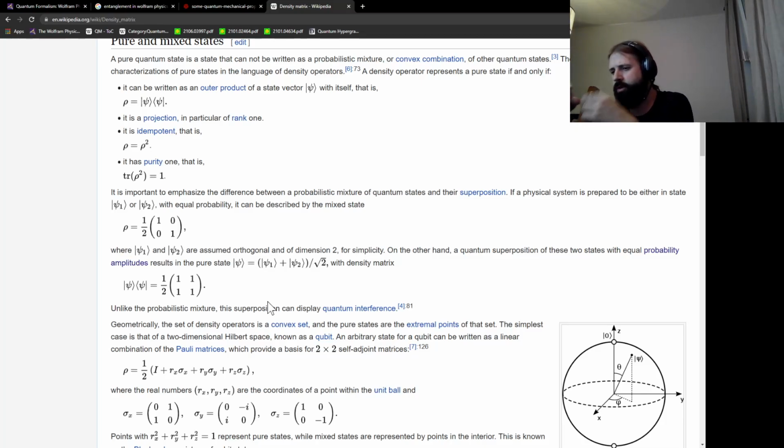You're in this sort of state where it's kind of a linear combination. So that 0 is telling you that there's no correlation between the 0 state and the 1 state,